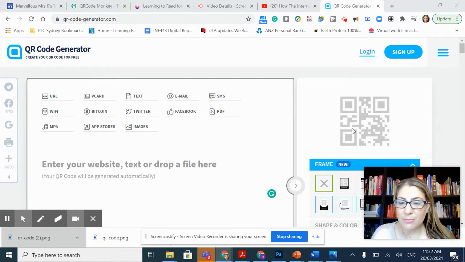Hello, in this video, I'm going to talk through using QR code generator freely and setting up an account and what sort of features an account gives me. So I'm on the site QR code generator. It's simply